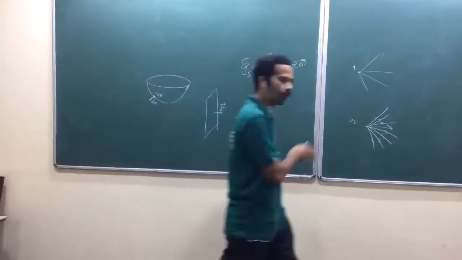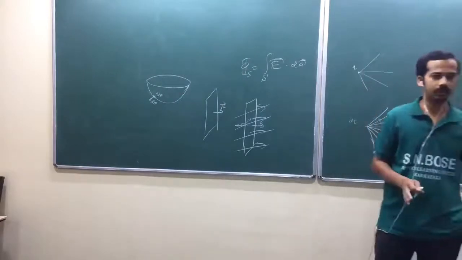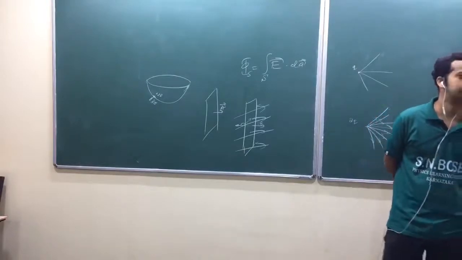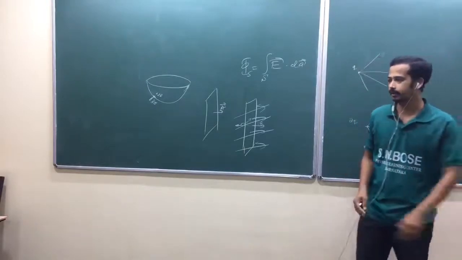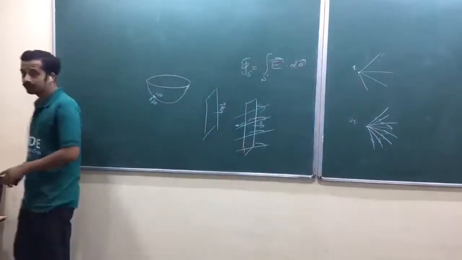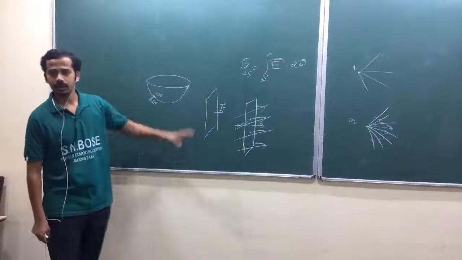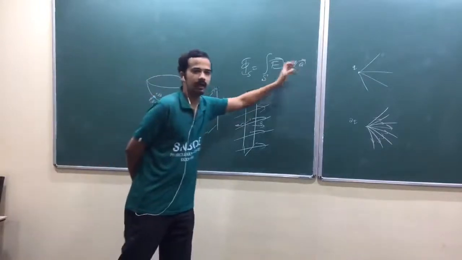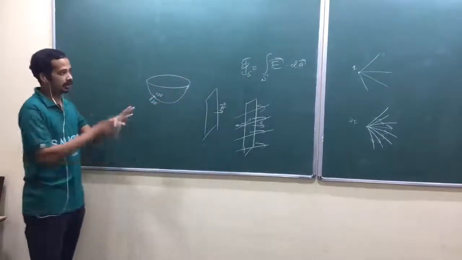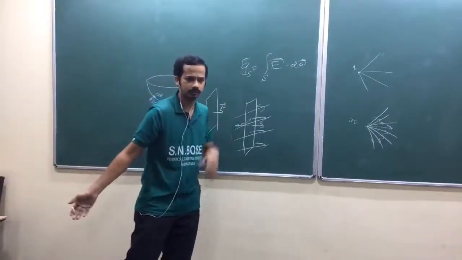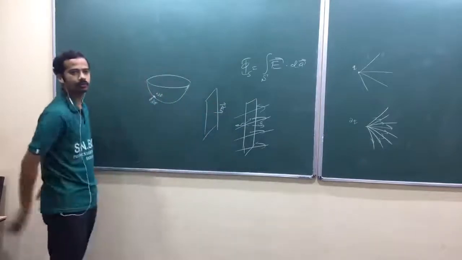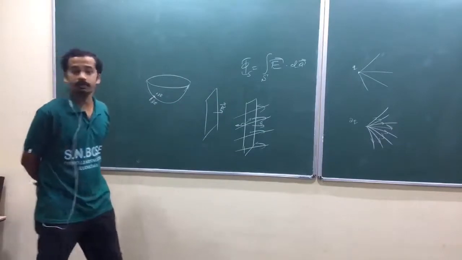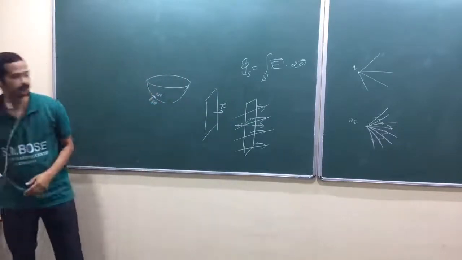You can choose in any way. If you choose one way, you may get a total flux positive. If you choose the other way, you may get total flux negative. It doesn't matter. The magnitude will be the same. So that's why whenever we write an open surface integral, that ambiguity remains: how to choose your dA vector. But when you connect that to a theorem, which theorem? Stokes theorem, isn't it? When you connect it to Stokes theorem, the convention comes. Then you have to follow the convention. Look at here.